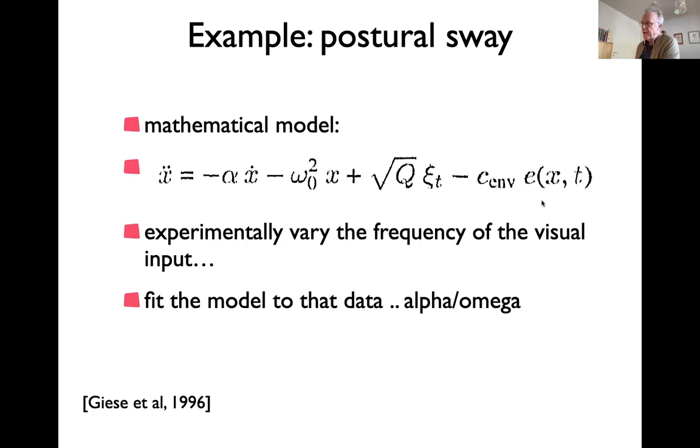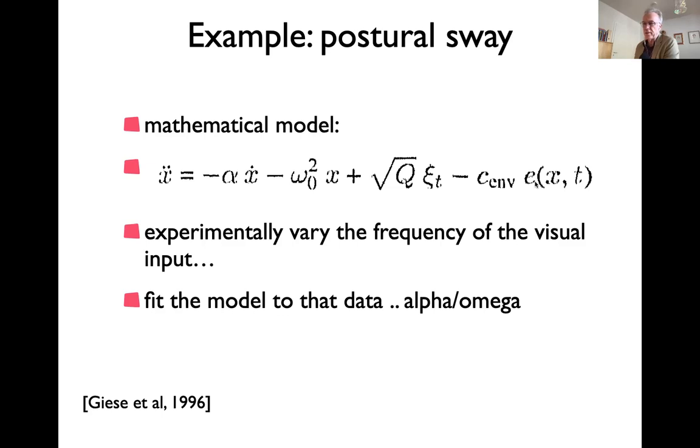What happens here is that in the experiment, you vary the frequency of the drive. That is, you're showing the person on the screen a moving room that moves with different frequencies. And the model fitting is based on assuming that these parameters are constants. This is the eigenfrequency. So if you have no drive, there will be some spontaneous oscillation. That will be your eigenfrequency. It's related to the stiffness of your muscles, how strongly you resist perturbations. And it turns out that the lack of fit comes from the fact that this constant is not constant. It actually varies with that external drive.